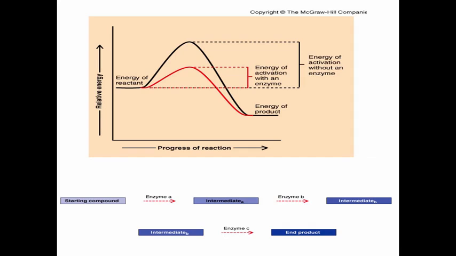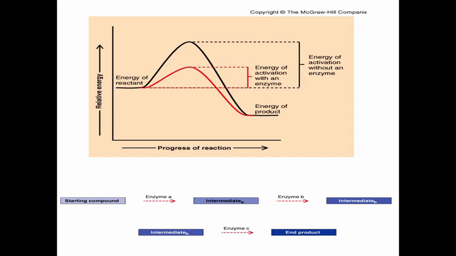So enzymes inside the cell are really cool because they're bringing down the total amount of activation energy, and they can be used thousands and thousands of times. When a cell no longer needs it, it's like, no, I'm done with you, and it breaks down the enzyme and uses it for something else. But as long as it needs it, it can be maintained and used over and over and over again.